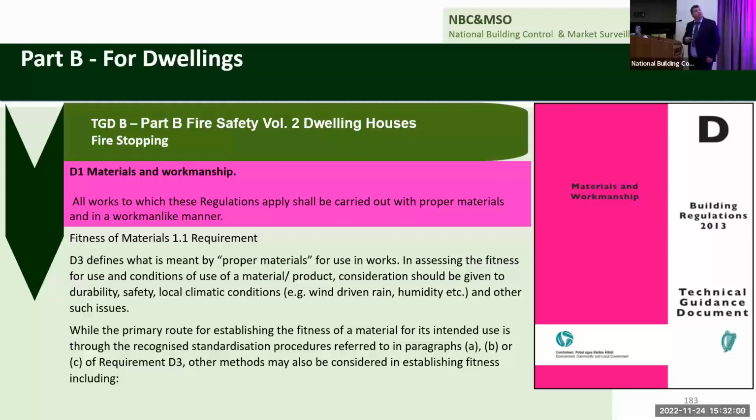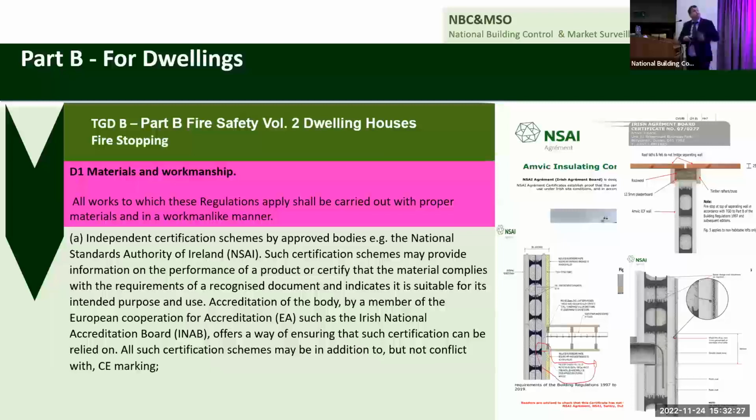Consideration should be given to durability, safety, local climate conditions, e.g. wind-driven rain, humidity, etc., and other such issues. While the primary route for establishing the fitness of material for its intended use is through recognized standardized procedures referred to in paragraph A, B, or C of the requirement D3, other methods may be considered in establishing fitness, and they're included there. You can also see the Agrément certs and